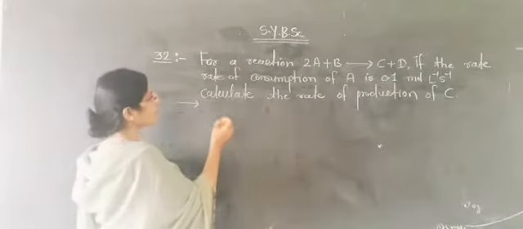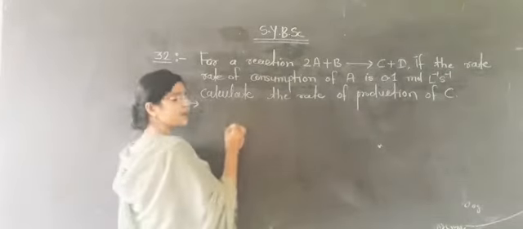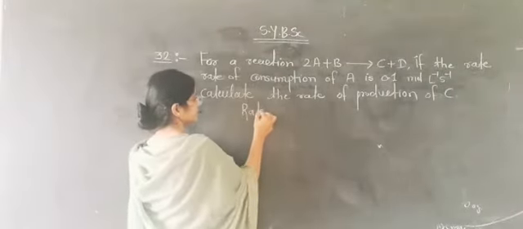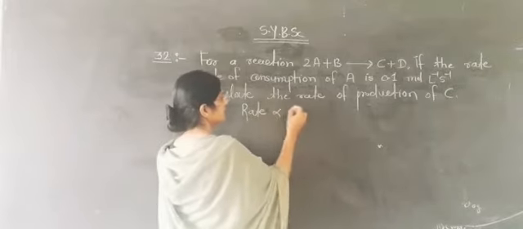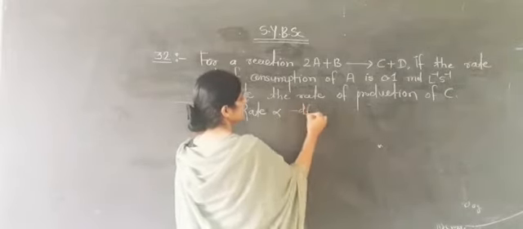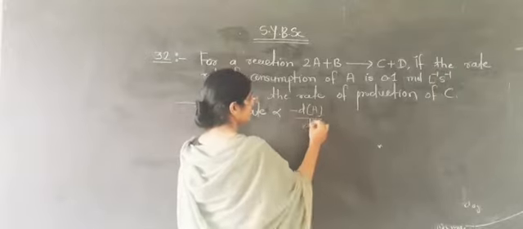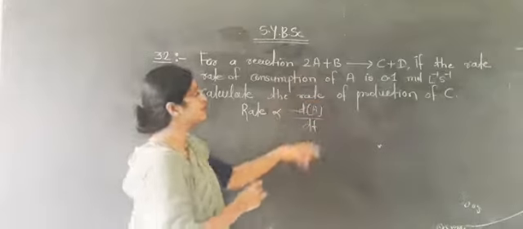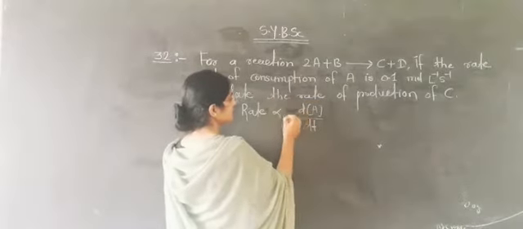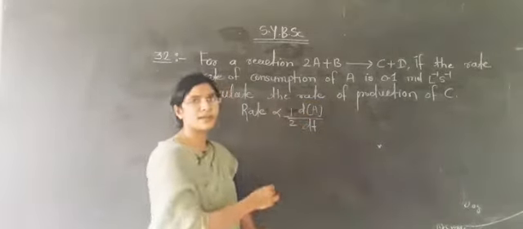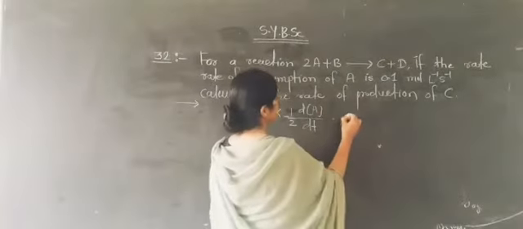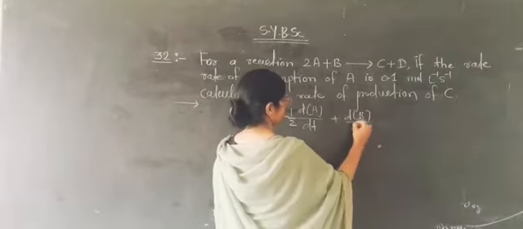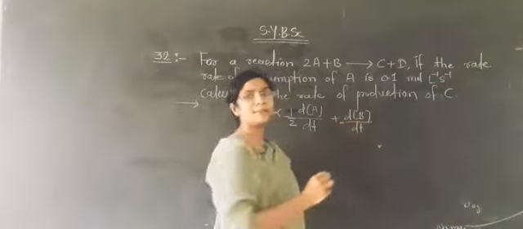Let's start. You know that for any chemical reaction we have to write down the rate. The rate of the reaction is directly proportional to the decrease in concentration of reactant with respect to time. So friends, you just look at the stoichiometry of this reaction, you will get 1 upon 2 because there are 2 moles of reactant. Same thing for the reactant B, d[B]/dt with respect to time.